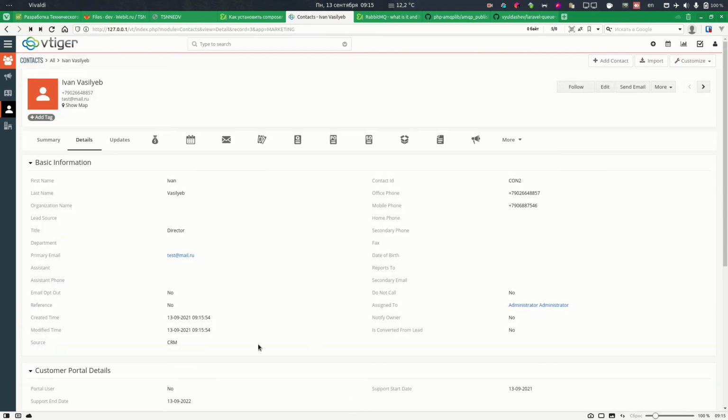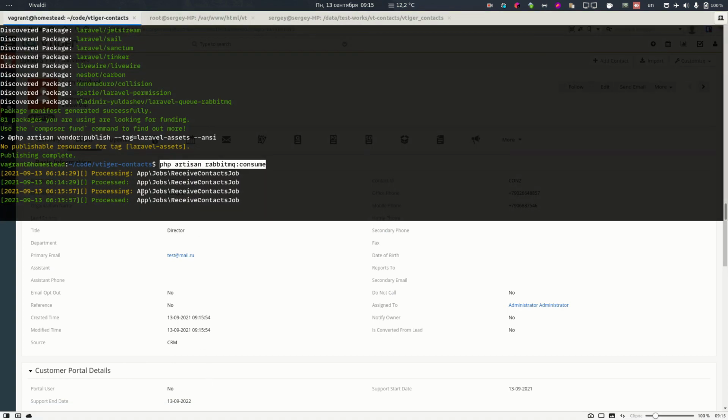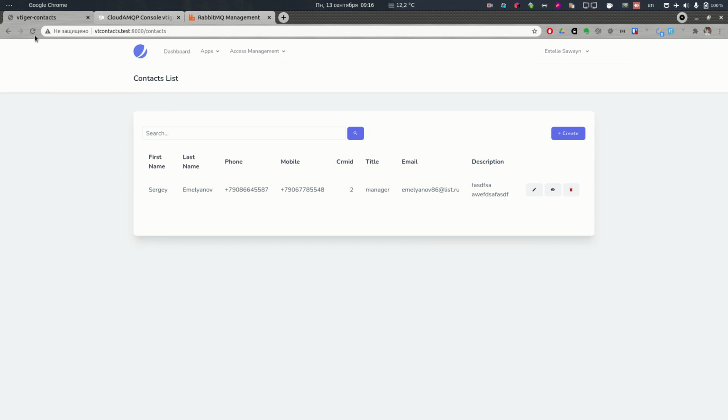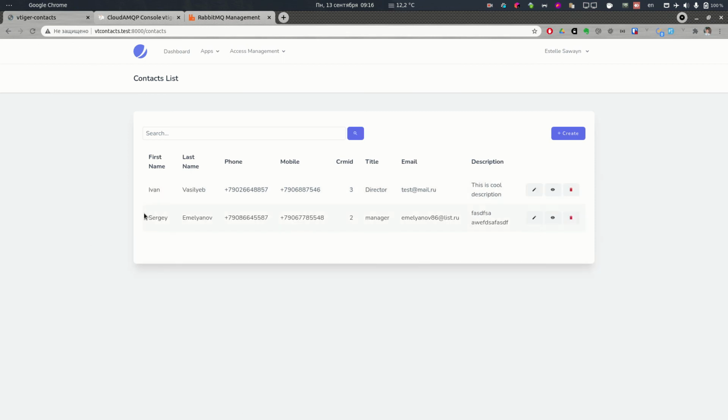So let's save this contact and let's check, yeah, it's already processed. You see how fast RabbitMQ is. So yeah, and we have a new contact here